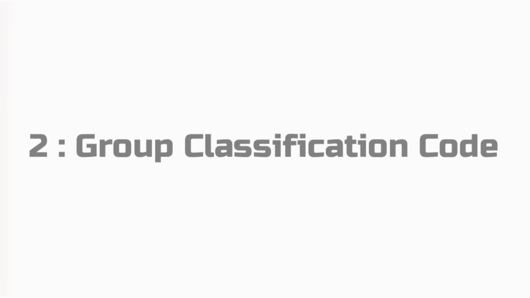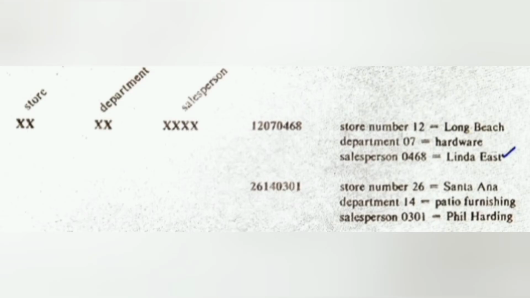Second, group classification code. This code designates major, intermediate and minor data classification by successively lower orders of digits. This code type is useful when the item or information to be coded can be broken down into subclassifications or subdivisions. This figure is an example. The primary objective is to uniquely identify a salesperson within a large department store chain. The highest level of classification is the store, and so the store number becomes the major classification.